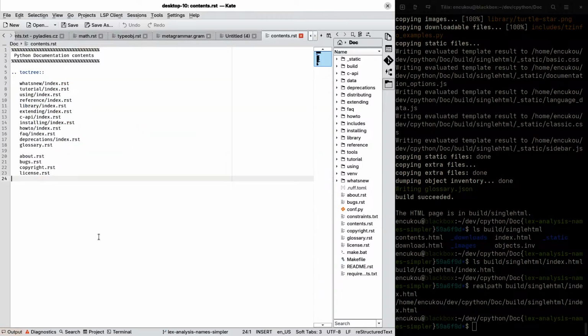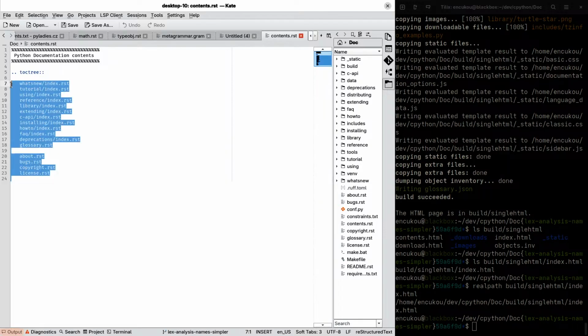Contents.rst. No, this one. Yeah. This what's new. Just for testing, remove this what's new. Then you get tutorial, using Python, reference, library, extending C API, installing, how-to, FAQ. And these all should be like the actual documentation.